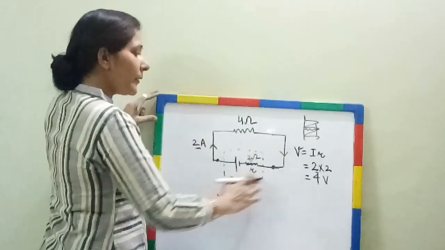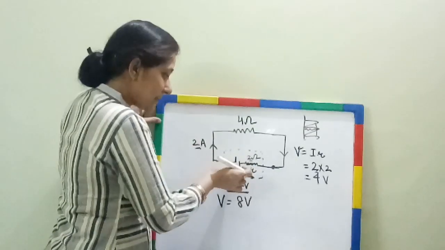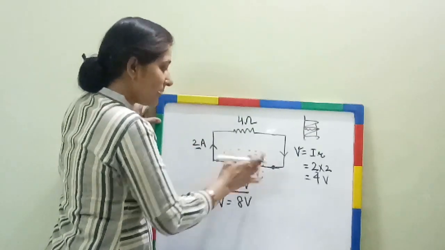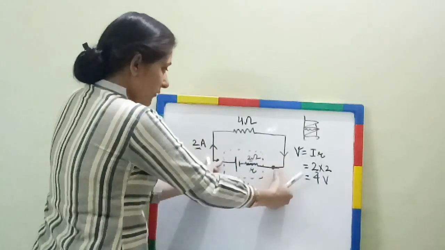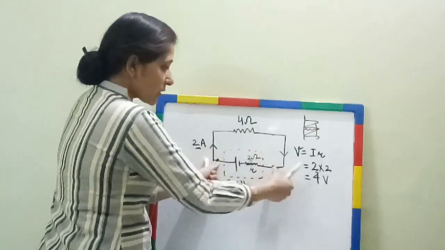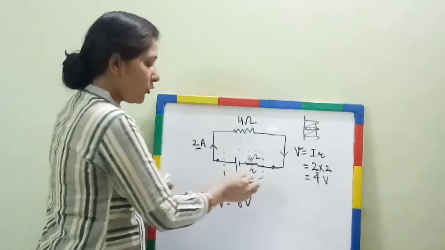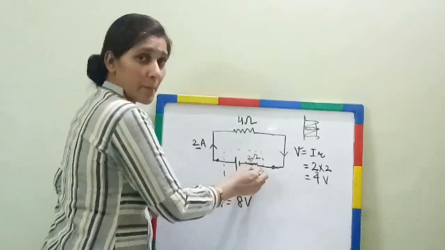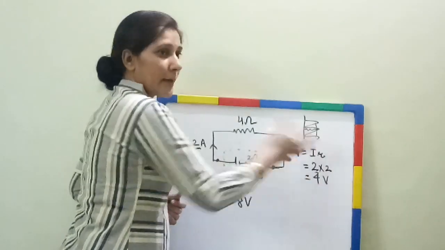देखो बेटा, पूरे में जितना भी इसका EMF था, that is 12 volt. I said कि 2 ohm is the internal resistance of the cell and I denoted it over here. That means these two are working as the terminals of the cell because this is the part of cell itself. So ये वाले बाहर वाले दोनों terminals की तरह act करेंगे. Now I need to find out whatever voltage drop happens over here. Voltage drop is what? V is equal to IR.